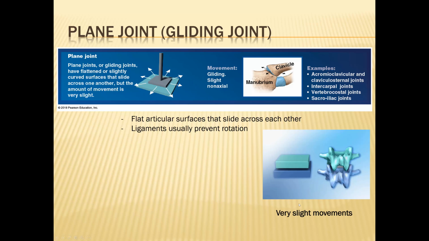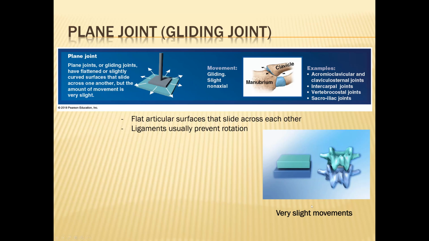So here is a little GIF to show you. One example of a gliding joint is between the articular processes of your vertebrae. So between the inferior articular process of one vertebra and the superior articular process of the one underneath it. And so you have very slight movement between these joints, and that is what we call a gliding joint or